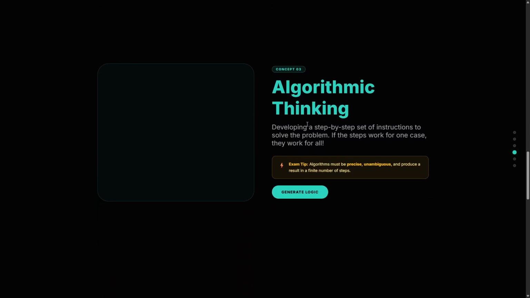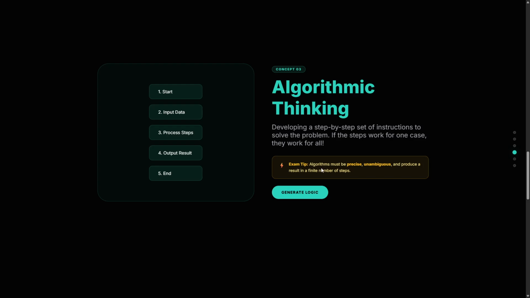Algorithmic thinking: developing a step-by-step set of instructions to solve the problem. If the steps work for one case, they may work for all. So there's no point rebuilding the same steps over and over again. If you build these steps correctly the first time around, you may be able to use these steps for future